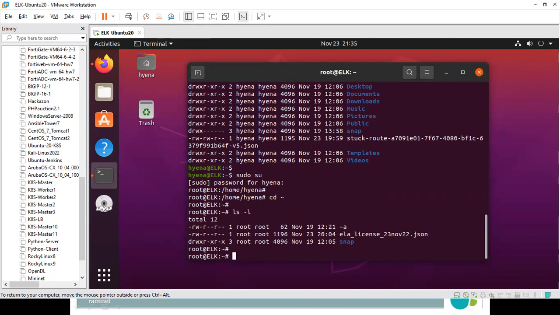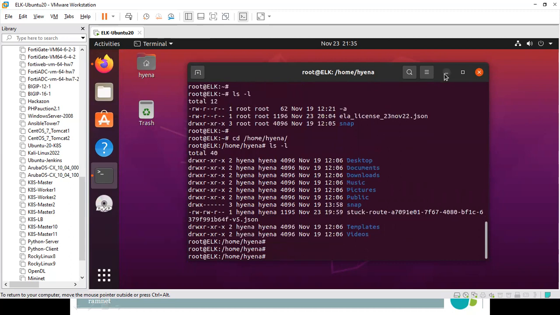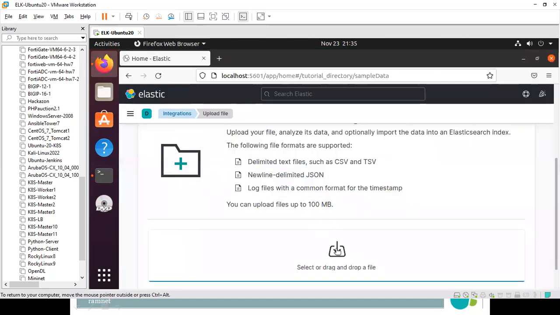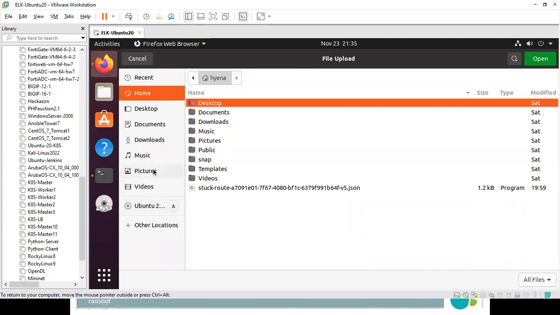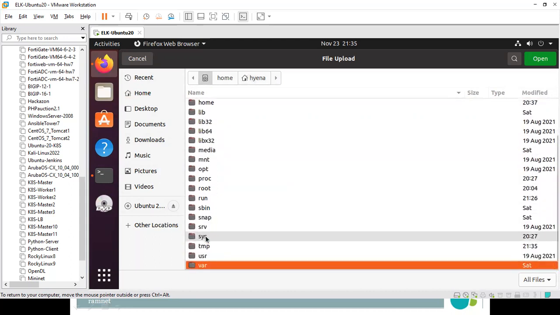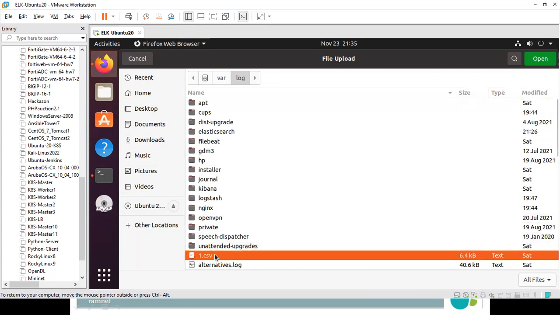Anyway, we can even upload the file and we can see that. Currently, I'm not finding that file, where it went. Let me check over there. It's here. It's in the var log messages-1.csv.